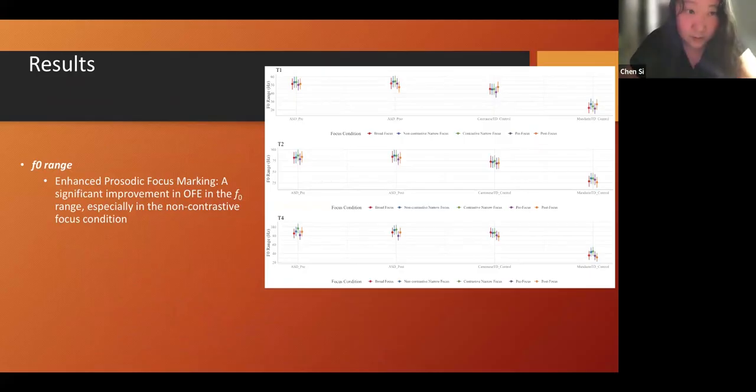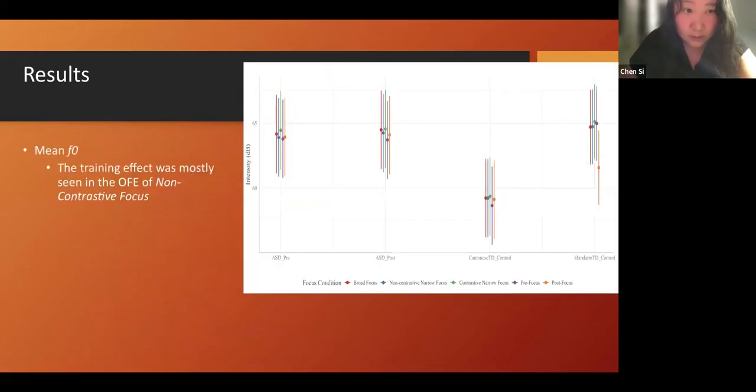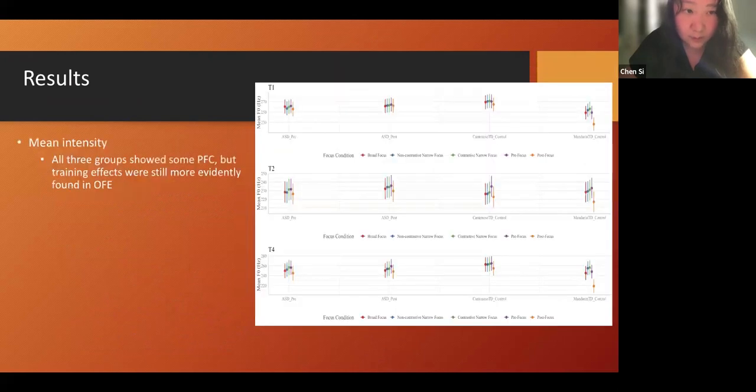Say there is a significant improvement in on-focus expansion in the F0 range, and also some conditions in the mean F0 show some improvement, and for the intensity, it's not really shown on the on-focus syllable.